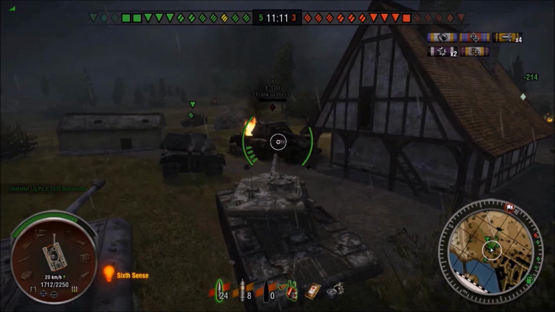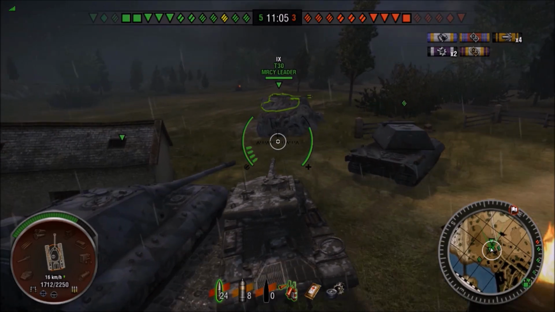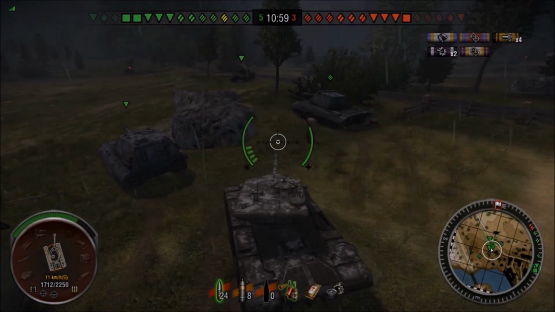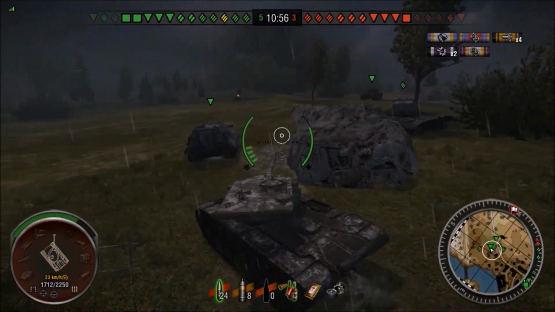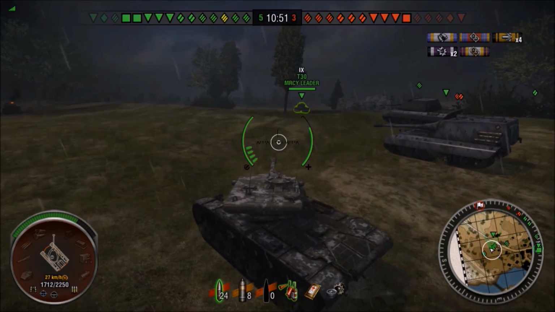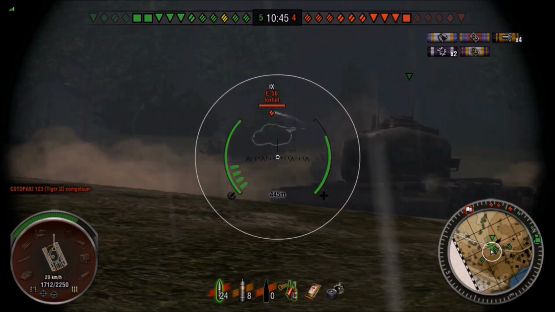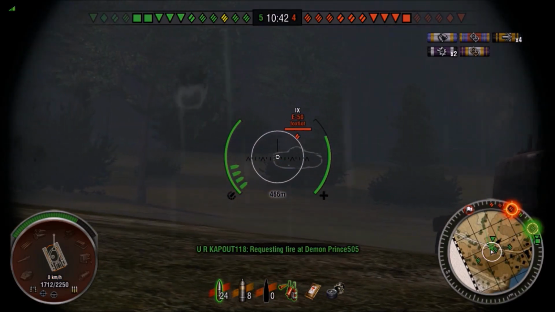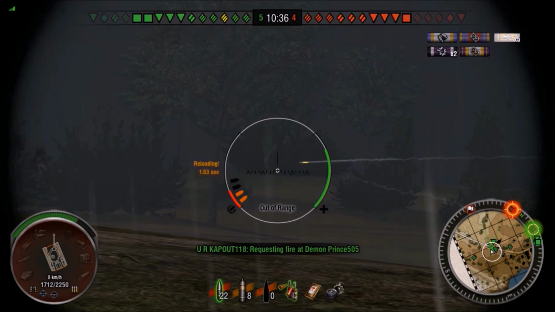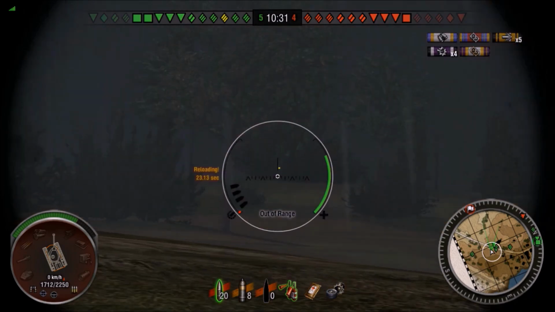Let's have a look at what my average damage is. Okay, 2.6k. 2.6k is really decent. For a brand new tier 10 to have this much success is unusual. Usually with my TDs, the tier 10 TDs, I'll instantly have success, because it's a TD, it's OP, etc. But with my heavies and my mediums, I'm always struggling in the beginning stages, trying to figure out the tank. But this tank, it was